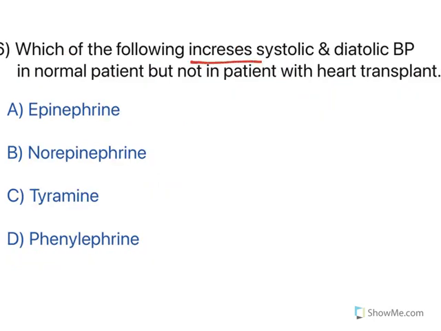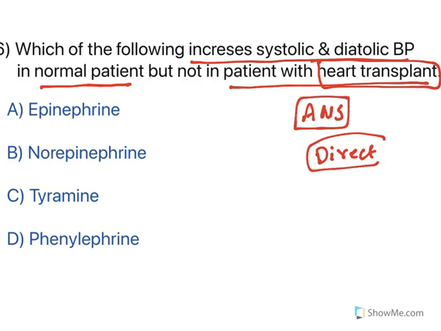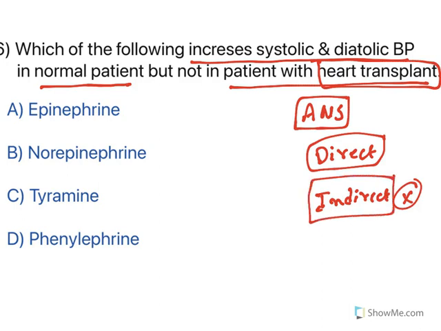Now, which of the following increases systolic and diastolic blood pressure in a normal patient but not in a patient with a heart transplant? What is happening in a heart transplant is that the autonomic nervous system neurons are cut during the transplantation. So all direct agents can act on receptors and show their action, whereas indirect agents cannot show their action because the autonomic neurons are cut and the